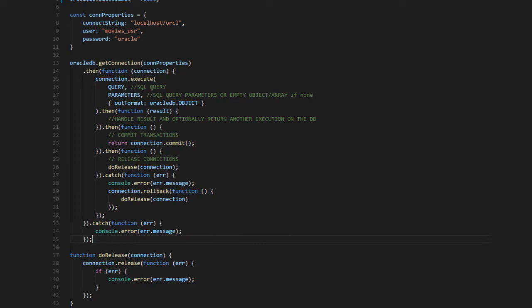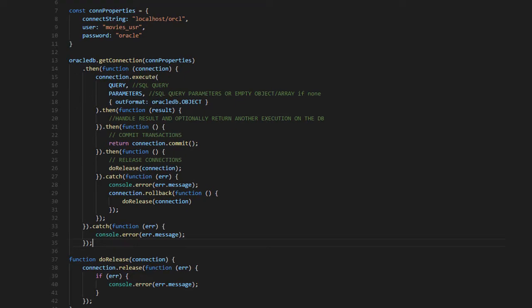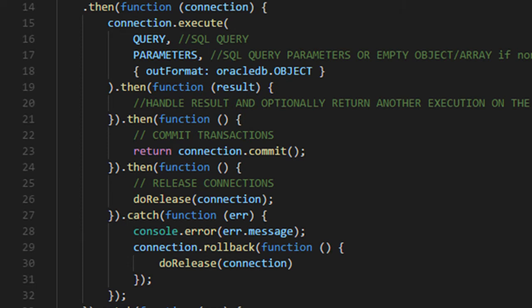You don't need to close the connection, since the connection is not open because the catch is chained to the getConnection call. Now, inside the then function of the getConnection promise is where you add queries, and all this code goes as a nested promise. The connection.execute method with the query parameters and option parameters returns a promise. Usually you begin chaining queries by executing the first one in the series and then chain the queries from that promise. Then add a then function to handle the result of the query.